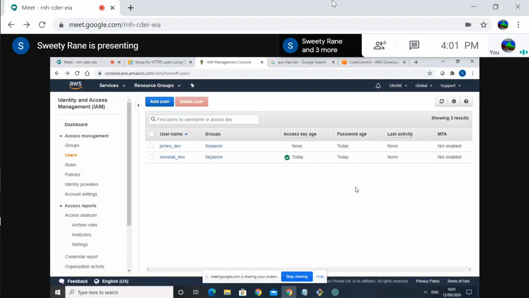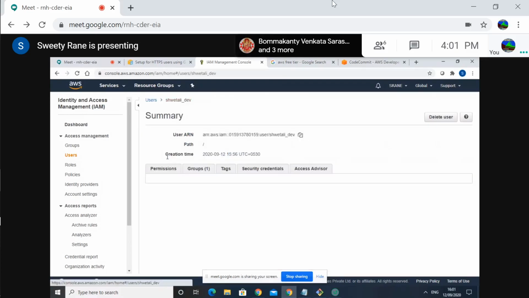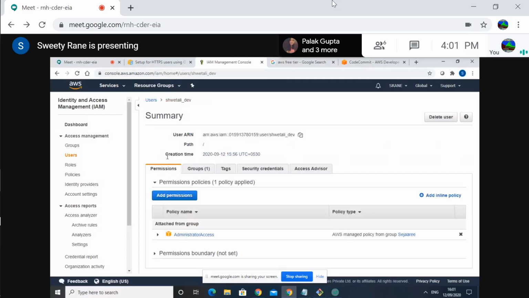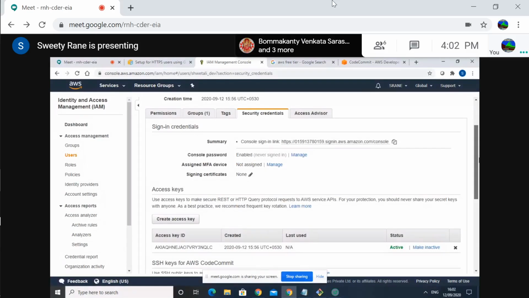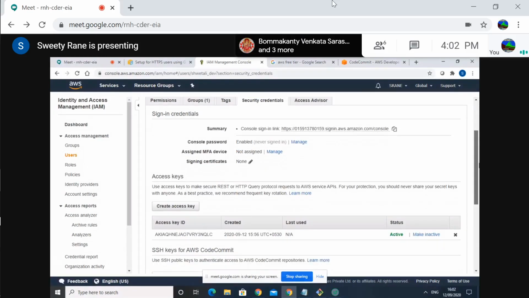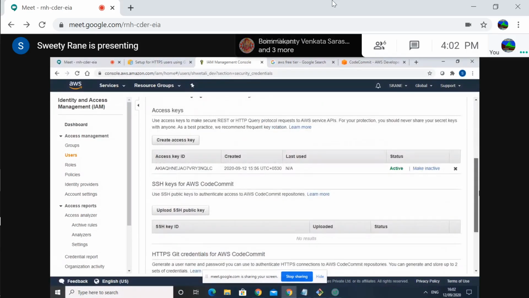Then click your Dev user. There is a security credentials tab over there. Now somewhere here there will be a link to create credentials for CodeCommit, SSH keys or AWS CodeCommit.